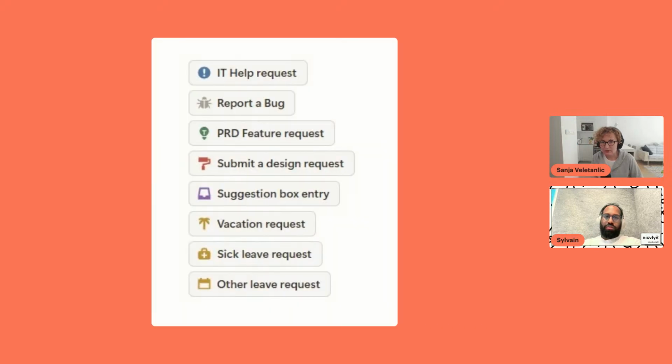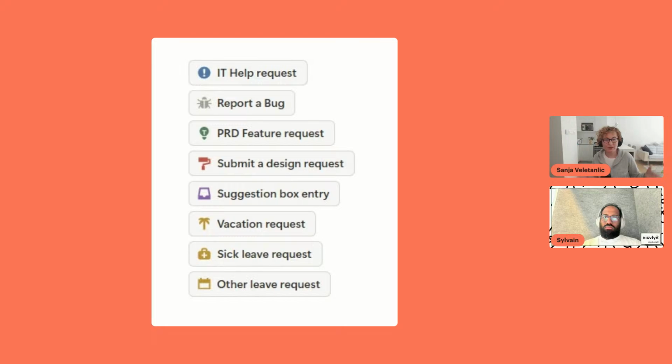And we also have page buttons. This is not so dependent on a database, even though inside that button you can add actions that will perform some actions in a database that you choose, but it doesn't have to be. It can be placed anywhere on any page.